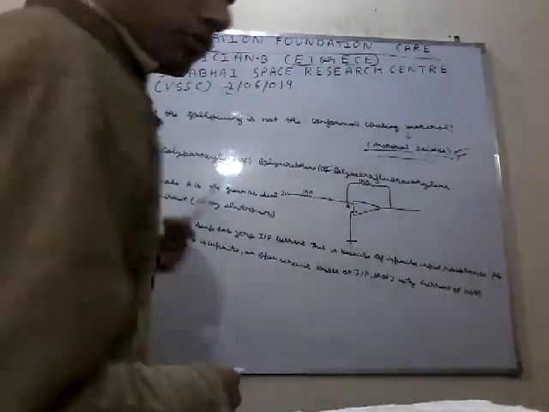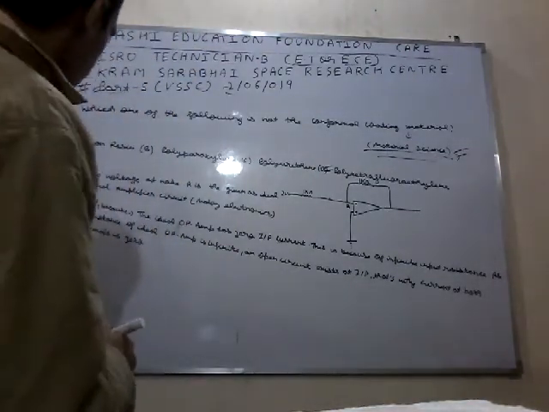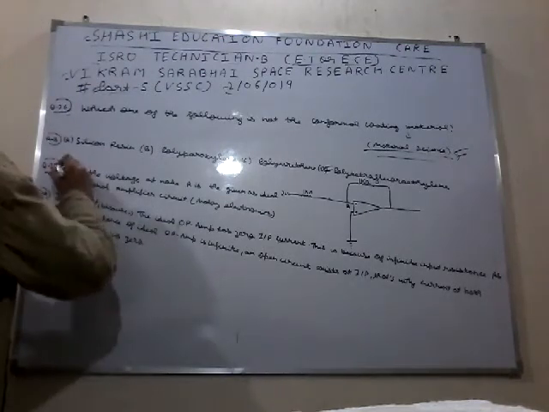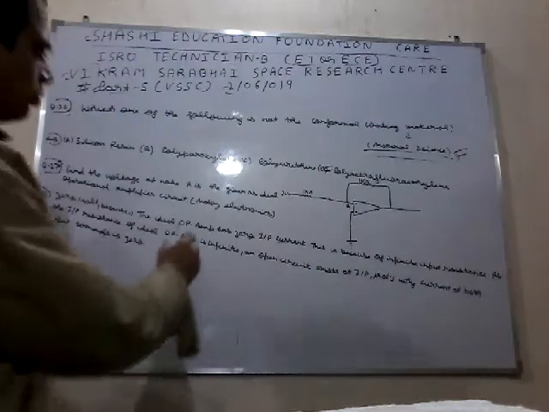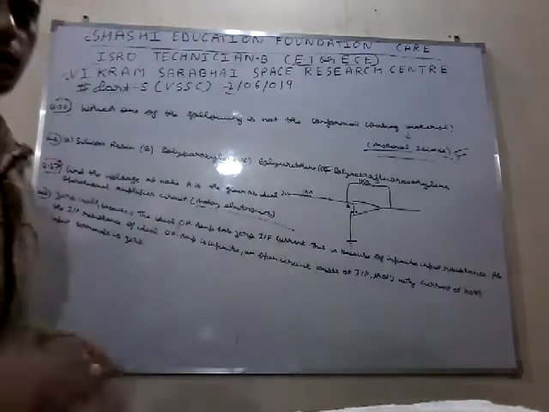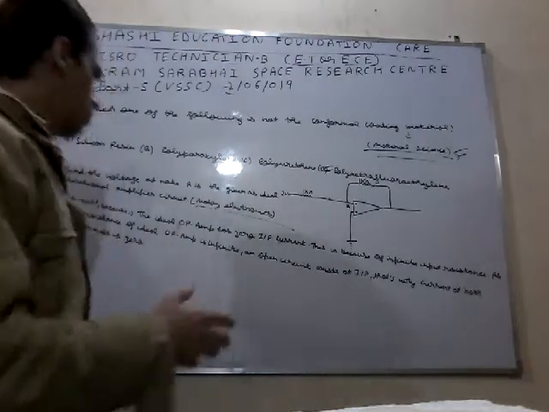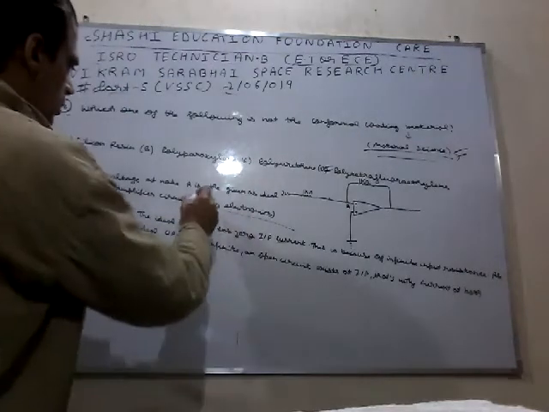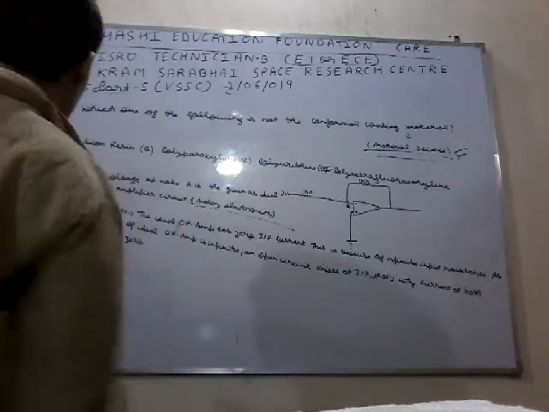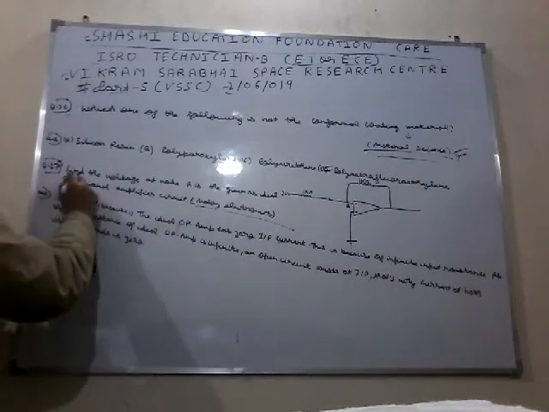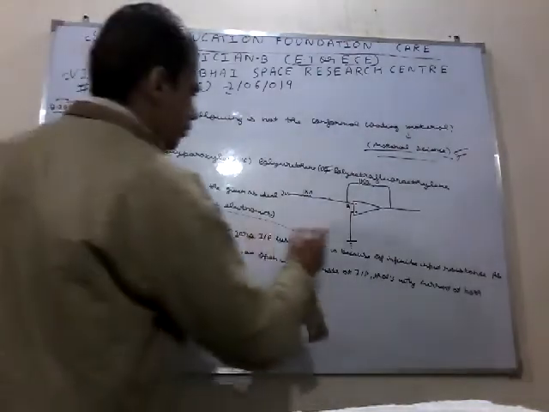Now let's move on to the next question. Question number 27, which is from analog electronics. Remember this thing. I also wrote down which subject the questions came out of, so that's why I wrote it here, the subject name related to each question. So the question is question number 27: find the voltage at node A.